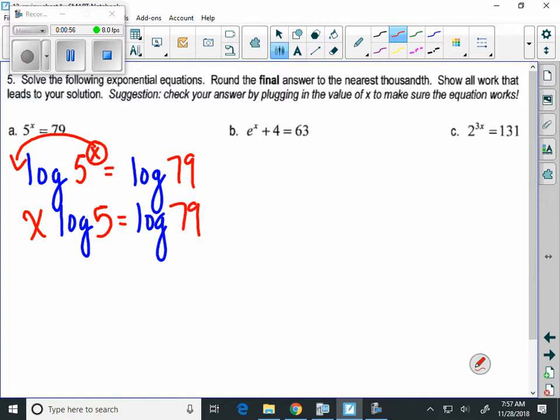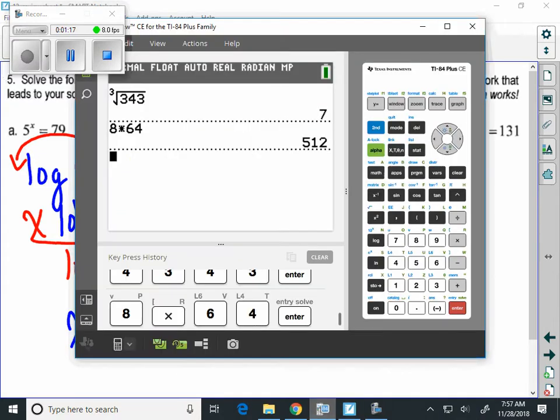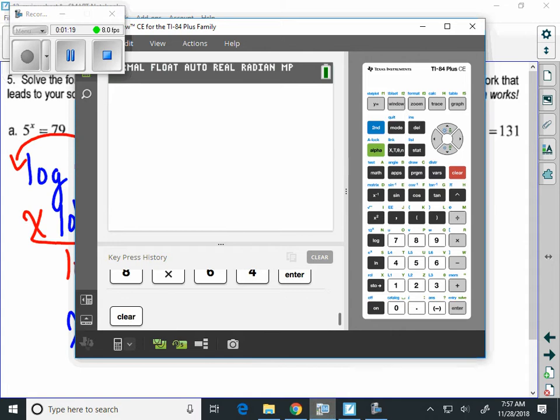Well, we want to figure out what x is, and this is x times the log of 5, so we're going to divide both sides by log of 5. And what happens here is that the log of 5's cancel out, so now we're left with x, and then we type it into our calculator. Log of 79, close the parentheses, divided by log of 5,